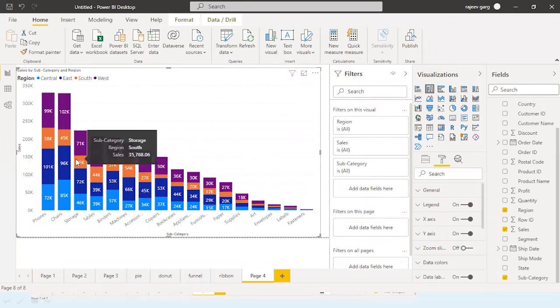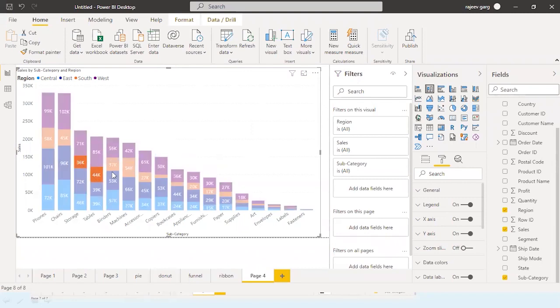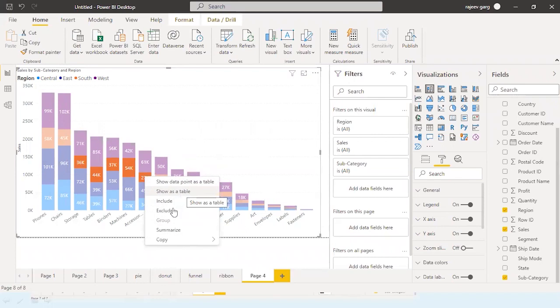Now, suppose you wanted to select these, one, two, three, 4, and 5. Let me right click over here and I want to say include.